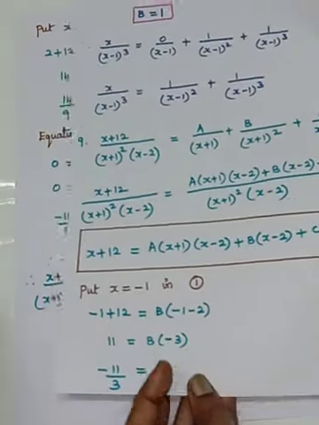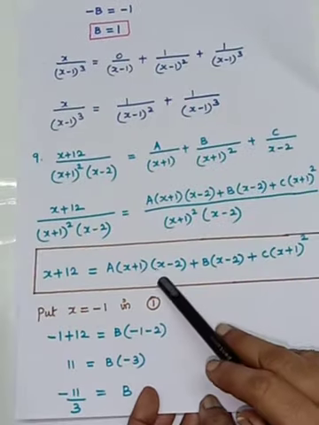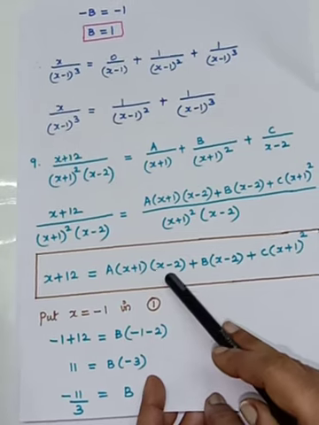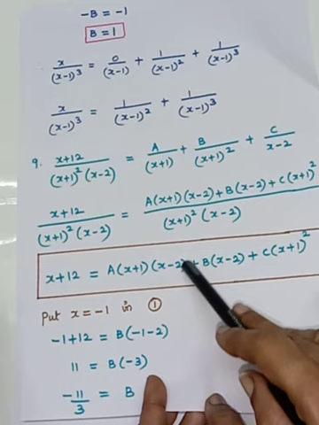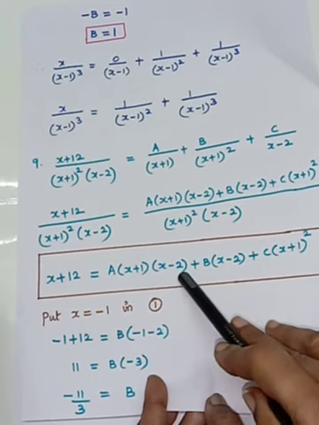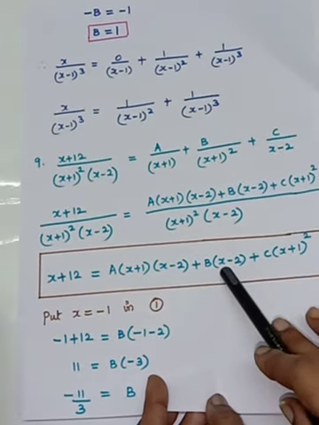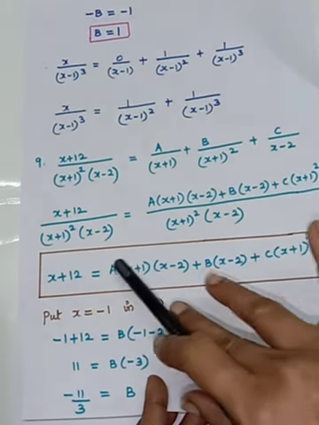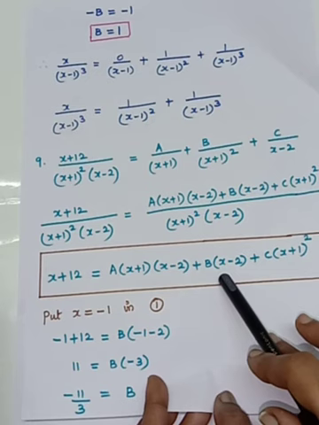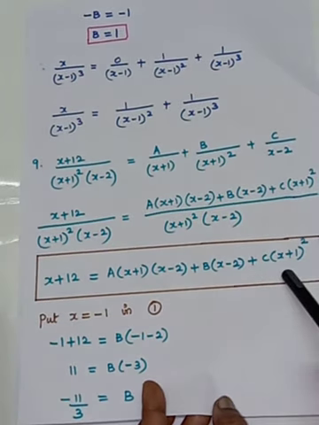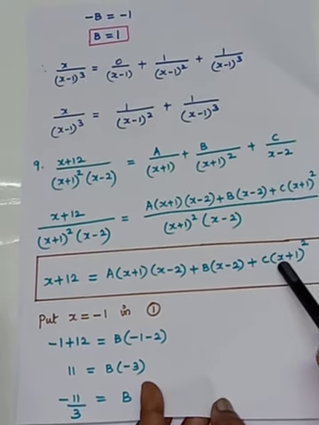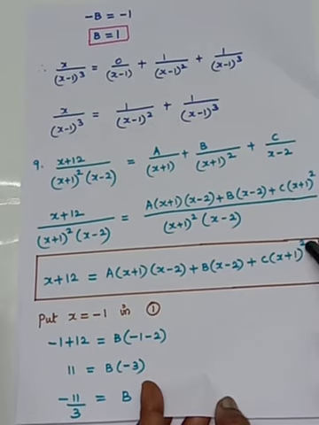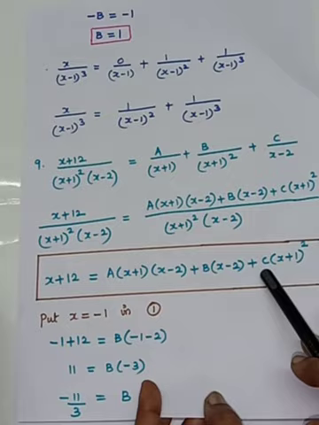Okay, come to the right side. First, x is 2, when you substitute 2 minus 2, what will come? 0. So 0 into anything, 0. So the whole term will become 0. Okay, come to here, when you substitute 2 minus 2, 0. So b also 0. So a and b, those terms are getting 0. Come to the last term, what is it? Here, when you substitute 2 plus 1, what is it? 3. 3 squared is 9. So 9c you will have.